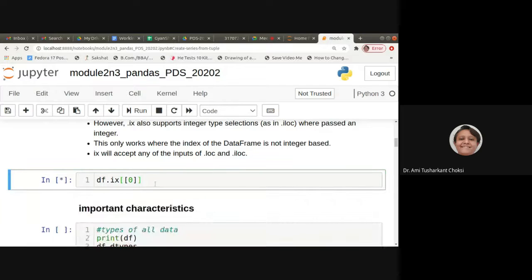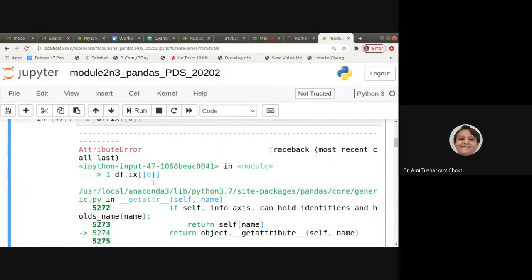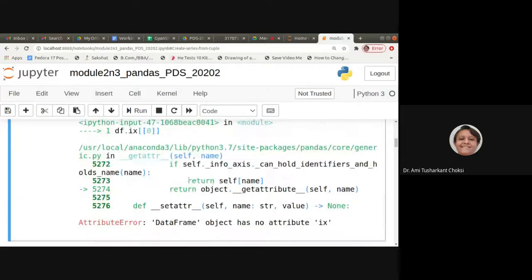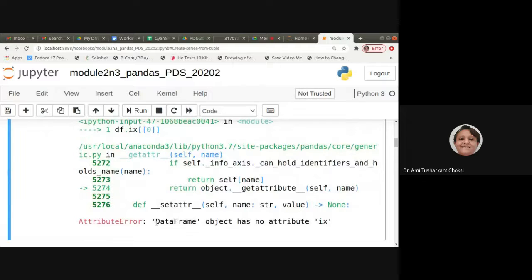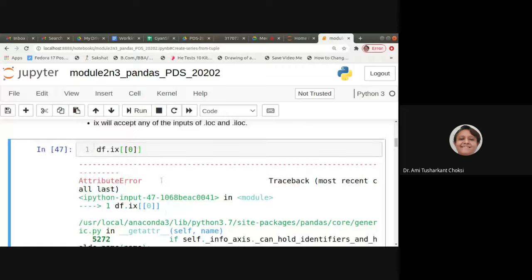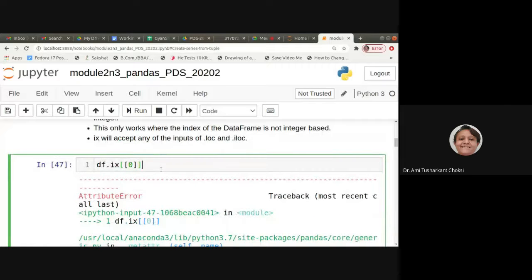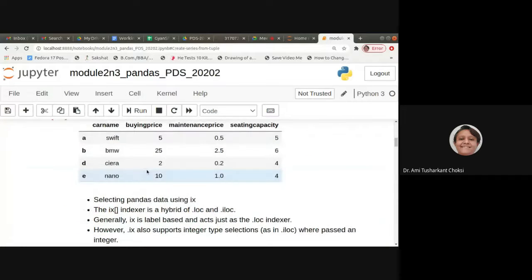df.ix of 0. Data frame object has no attribute IX. This we have already seen, it is deprecated.